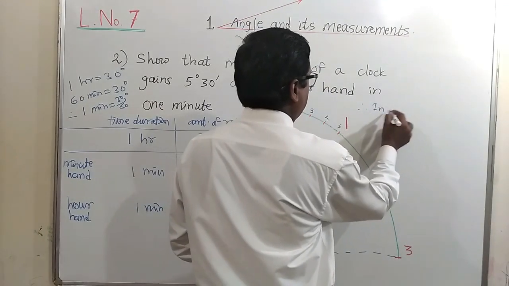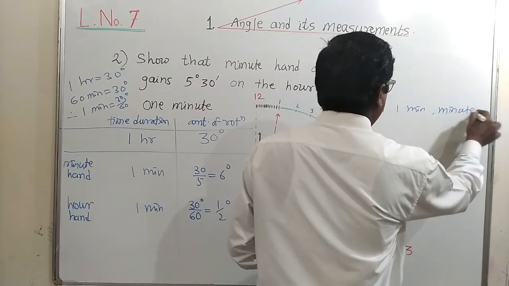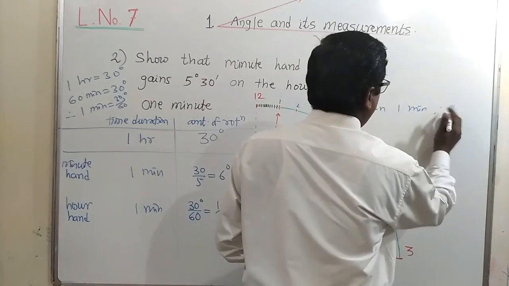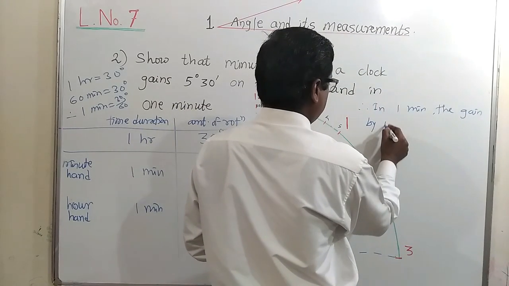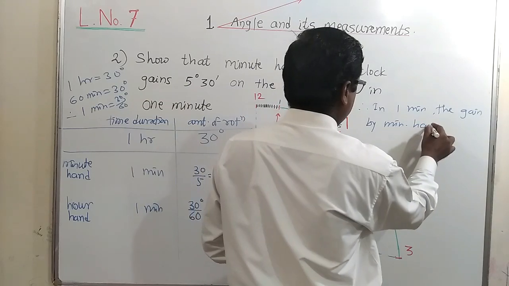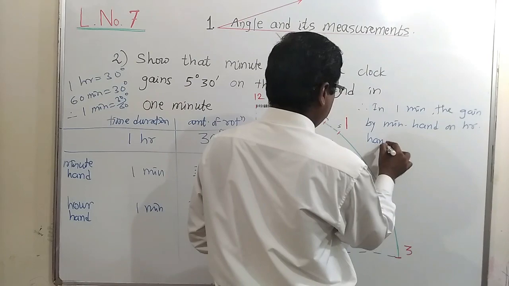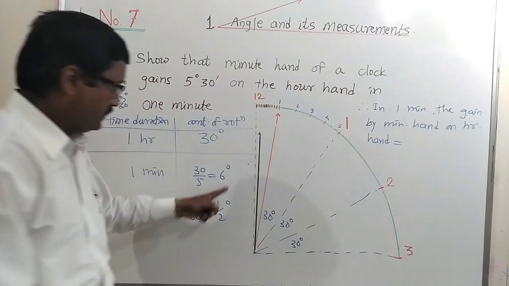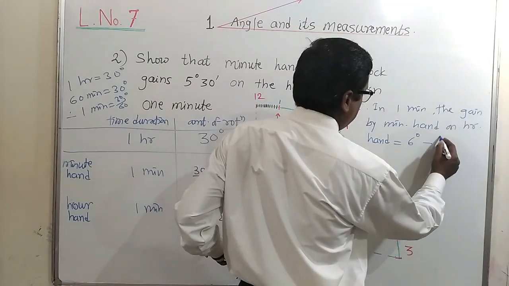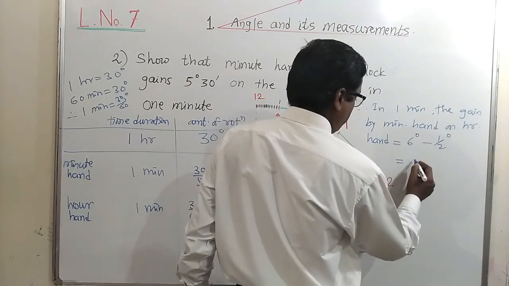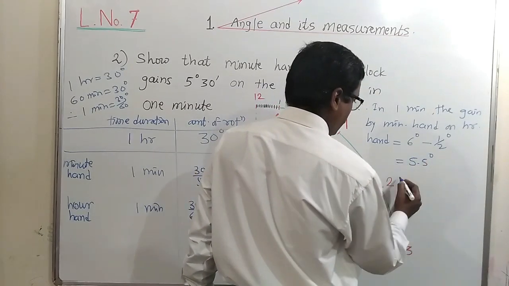Therefore in 1 minute the gain by the minute hand on the hour hand is equal to 6 degrees minus half a degree, that is 6 minus half, which is nothing but 5.5 degrees, and it